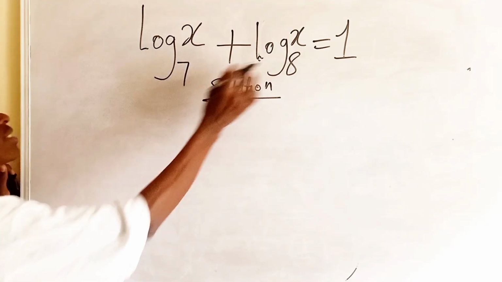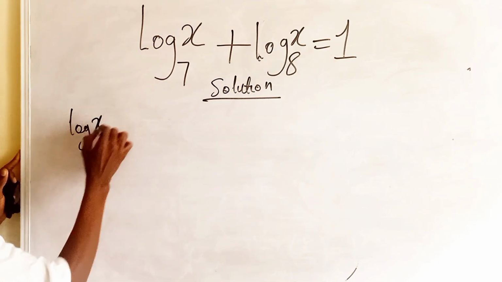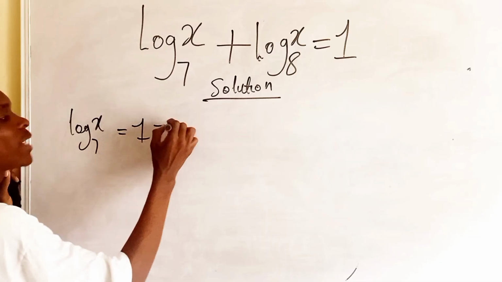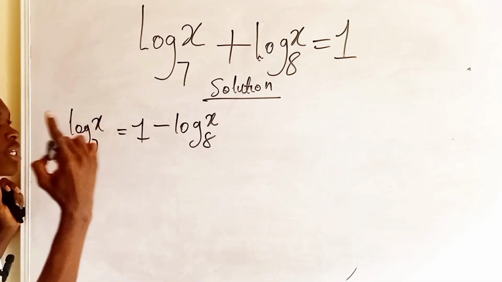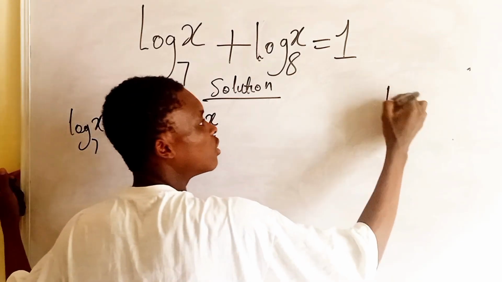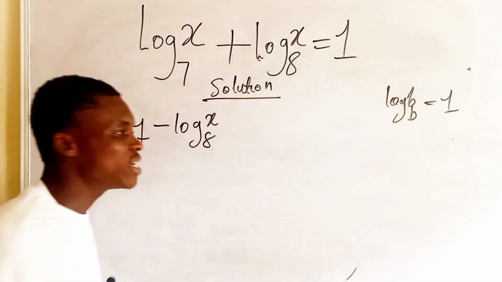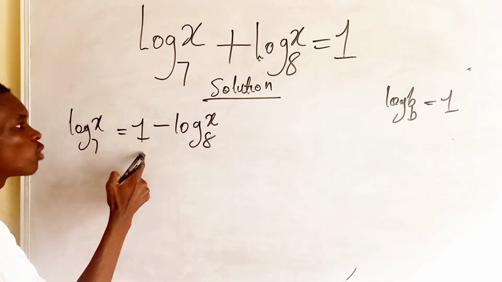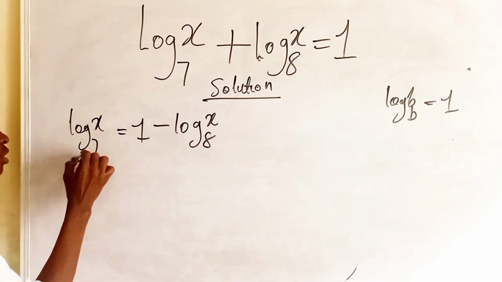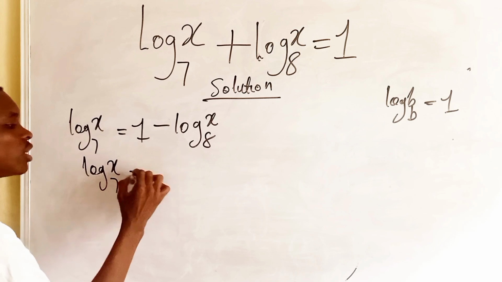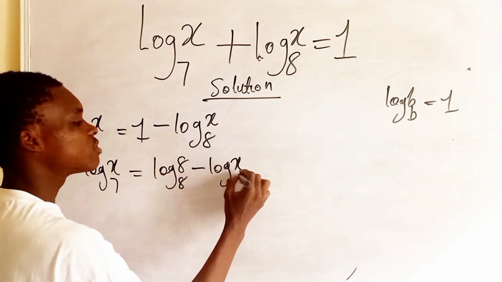All right, so from here, let's take this log x base 8 to the other side. So this is log x base 7 equals 1 minus log x base 8. That is the first step. Another thing we need to recall: if we have log b base b, the result is 1. That means if the log and the base are the same, the result is 1. So clearly here is 1. We can put here log 8 base 8. So here becomes log x base 7 equals log 8 base 8 minus log x base 8, because the